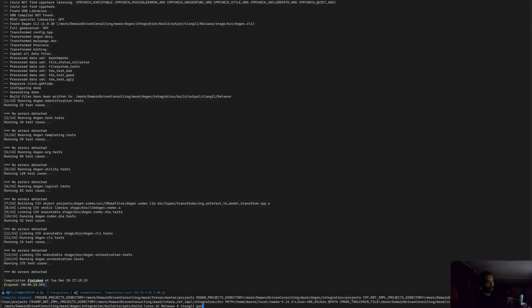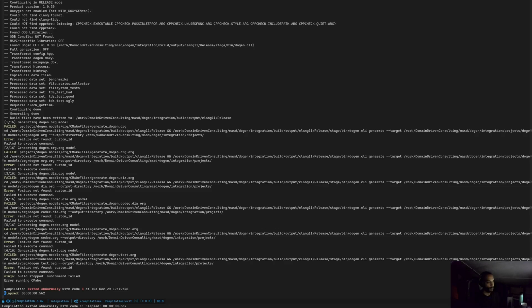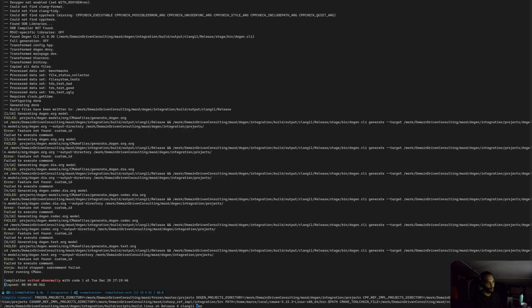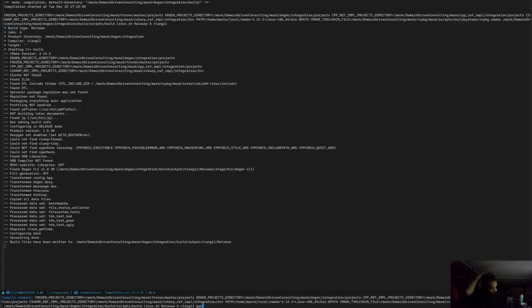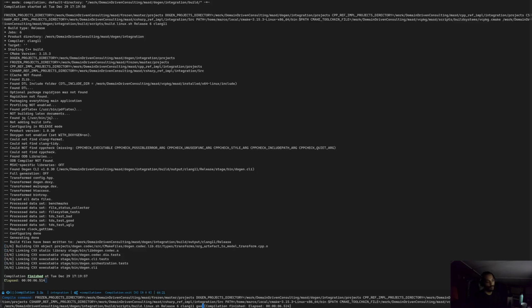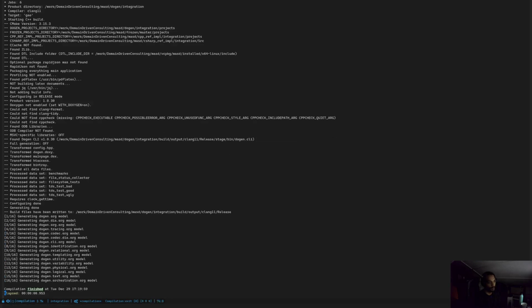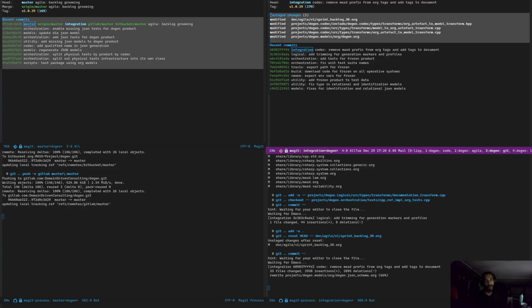And now we can simply generate all models. Okay, we probably want the latest code generator. And so what we now need to do is to go through all the models, generate them across all the different products that we support. Okay, that was not quite what I meant to do. What I really meant to do,